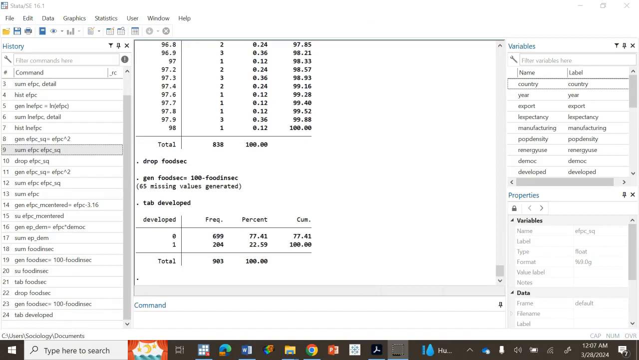In this tutorial I'm going to demonstrate how to transform a variable by replacing its values. With the examples that I give you, it becomes easier. I have a variable called developed, which is a categorical variable with two types of categories. Here you can see 0 means less developed countries, and 1 means 204 observations, all of which belong to developed countries. So the total observations